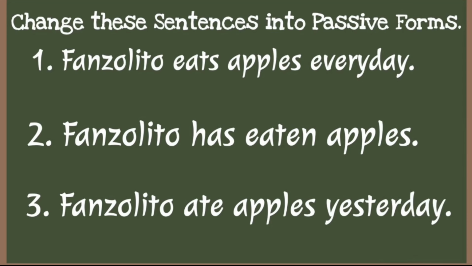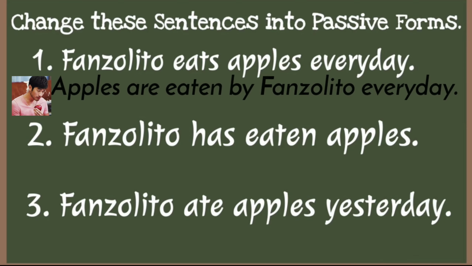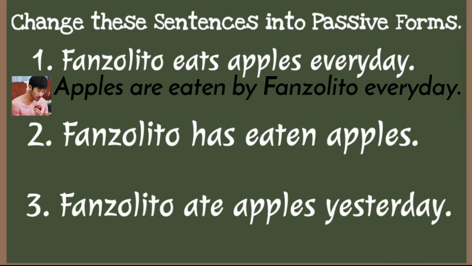All right, number 1. So the passive sentence here is, apples are eaten by Fanzolito every day. As you can see in this sentence, apples here is the subject, which is the receiver of the action eat. And it's followed by the be verb are, and then it's followed by the past participle form of the verb